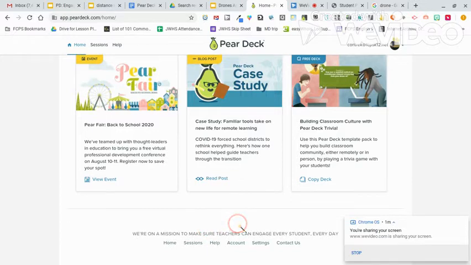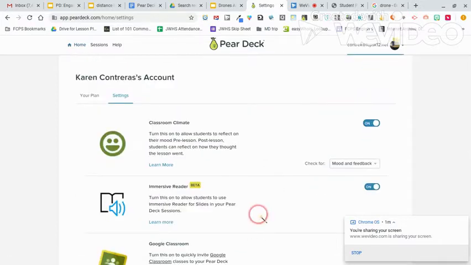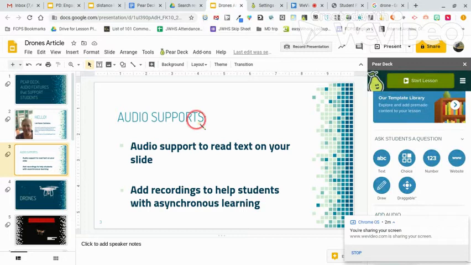Okay, so you scroll down through all of that and you go to settings. And the immersive reader is the second item on there. Mine is already clicked on, and if I were to click that off and back on again, then I would have trouble recording the rest of my presentation. So I'm just going to leave it on, but yours will be off. Just make it turn blue and it will be on. And then your students, when they open up a Pear Deck for you, they'll have some headphones down here in the corner